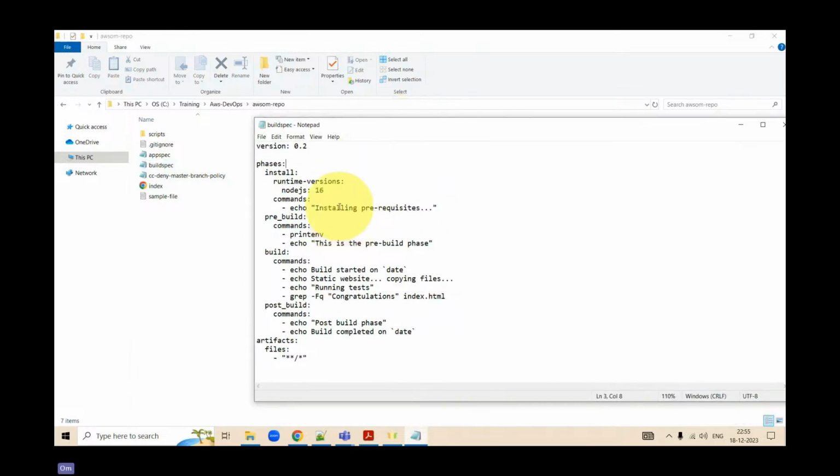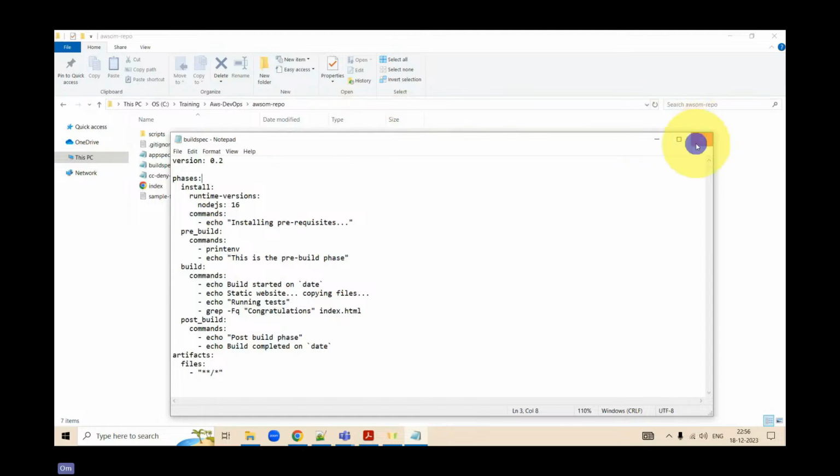This buildspec.yaml has all the necessary instructions that are needed. It specifies version 0.2, installs Node.js, has a command that says echo installing the prerequisites, has a pre-build that prints the environment, that is your current environment. It copies the files, runs the test cases, configures the index.html, has a post-build phase, and finally you would have the necessary output associated with it. So this is what your buildspec.yaml file contains: all the necessary instructions that are needed.